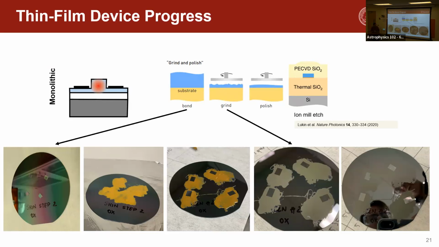And to do that, we're using some of the techniques that were developed in our group by Daniel Rugen and others in the context of silicon carbide. So using this grind and polish technique where we have a bonding step, a mechanical grind step, followed by a CMP polishing step that then gives high quality thin films that we can use for photonics. And again, the advantage of this is that you start from bulk materials that are the highest quality materials that you can get your hands on. And so this is something that we are still progressing towards.